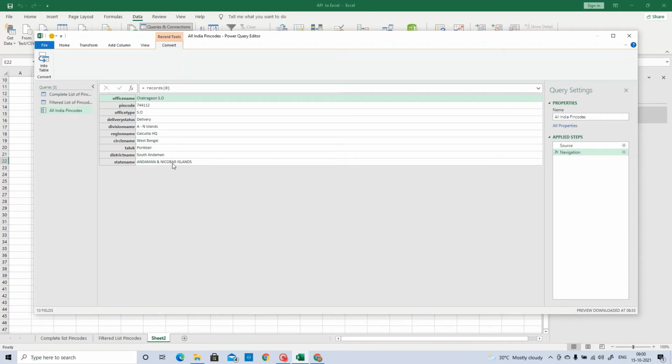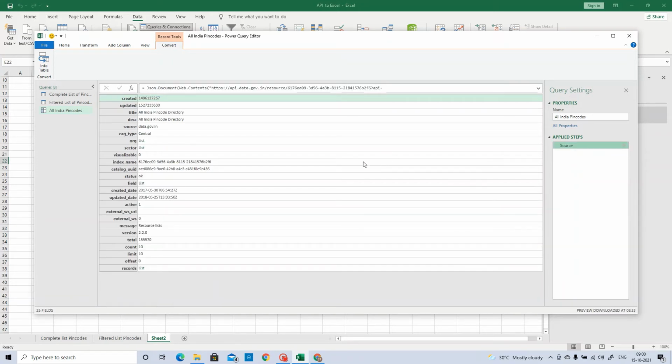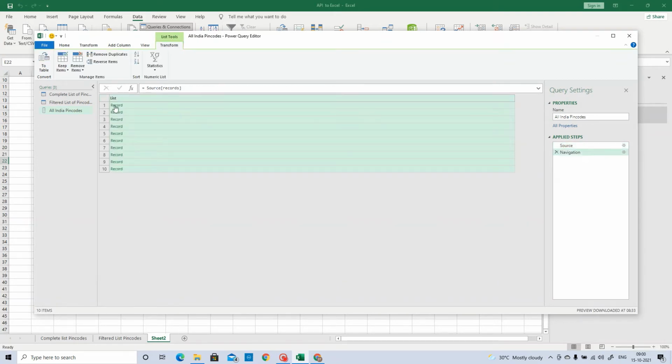Fine, but suppose I want to go to the previous step. In that case, go to Applied Steps and click Navigation. Remove this navigation and it will go to the previous step. Also please note that there is code written here, right? This is the converted code, the M code for all the applied steps that you are giving. Automatically the code will be generated by the Power Query editor, so it will be easy for you to transform the data. So let's now go here again, Records. Okay, this is what I want to load as a table.